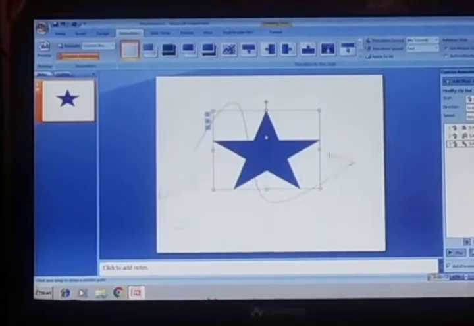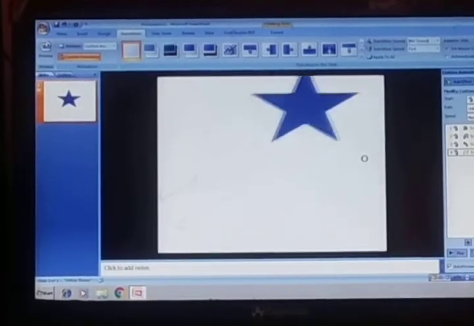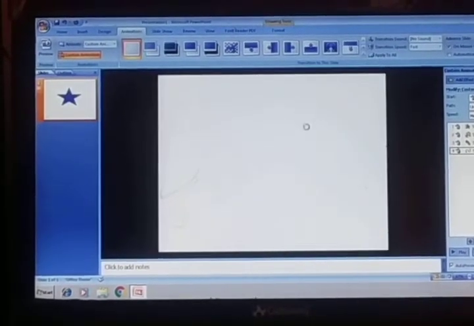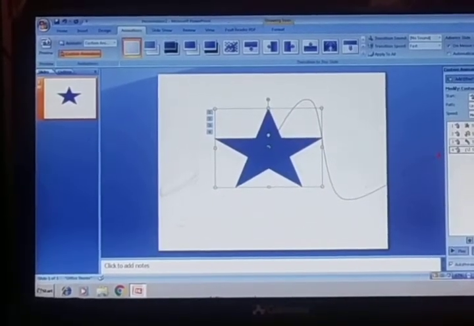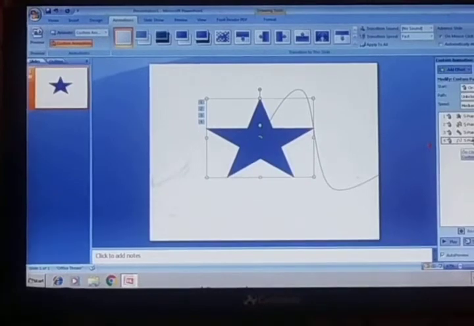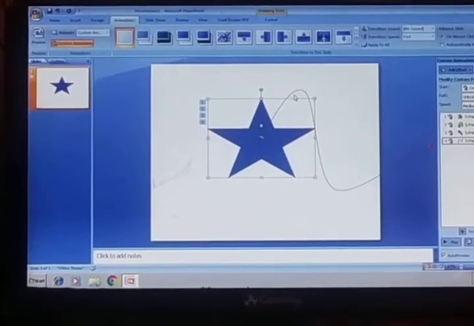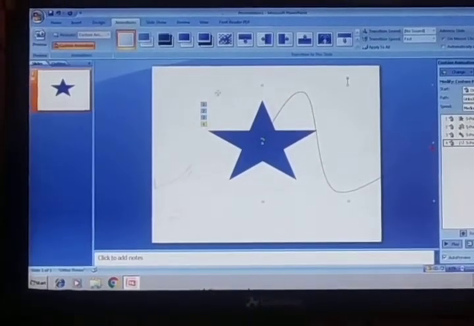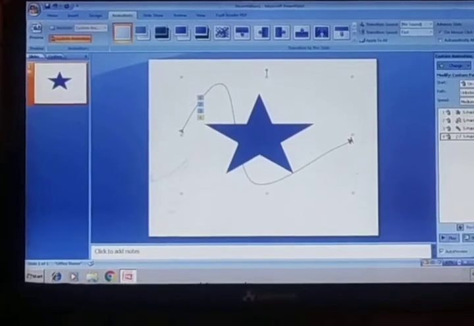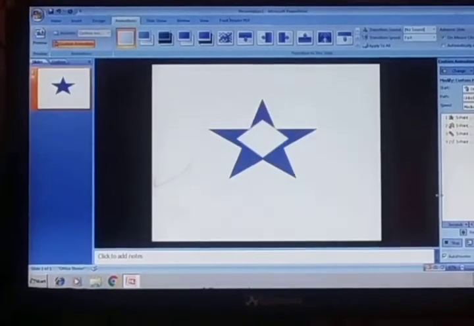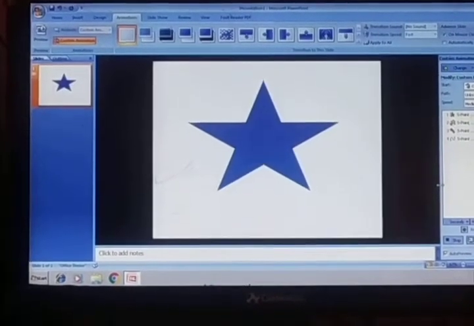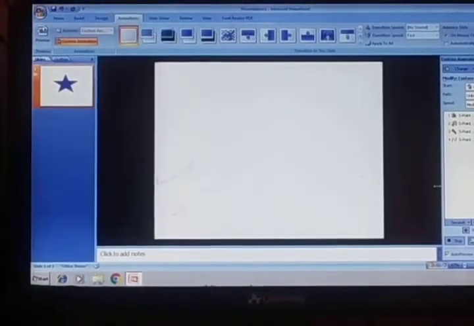So I have given 4 effects. First is entrance, second is emphasis, third is exit, and fourth one is motion path. And in motion path we have chosen the curve shape. Let's play to see the preview. Second one, third one.